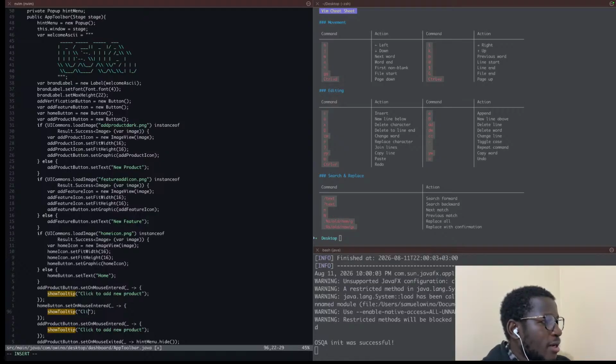This will be click to open dashboard. And this will be something else as well, but I don't need to change it. Click to add new product. What did I do? Yeah, so this will be,